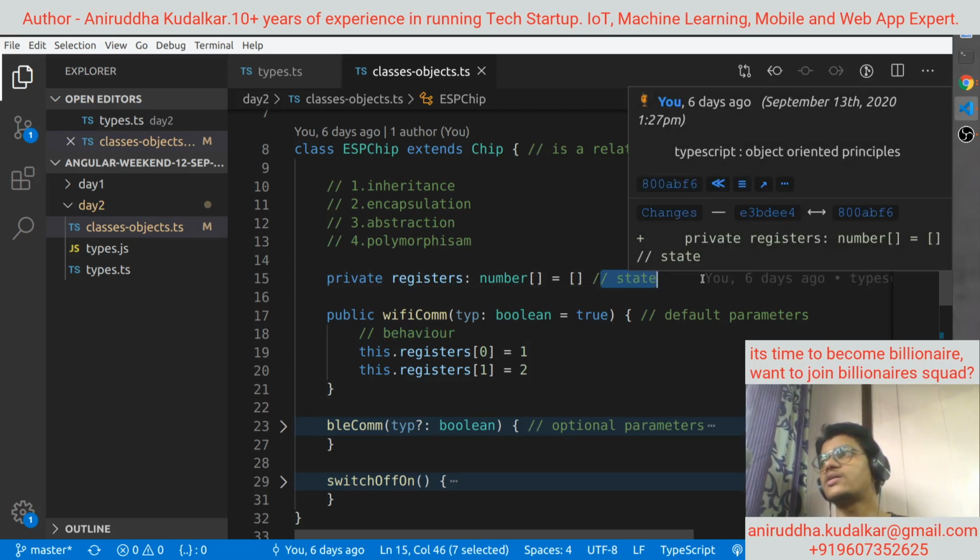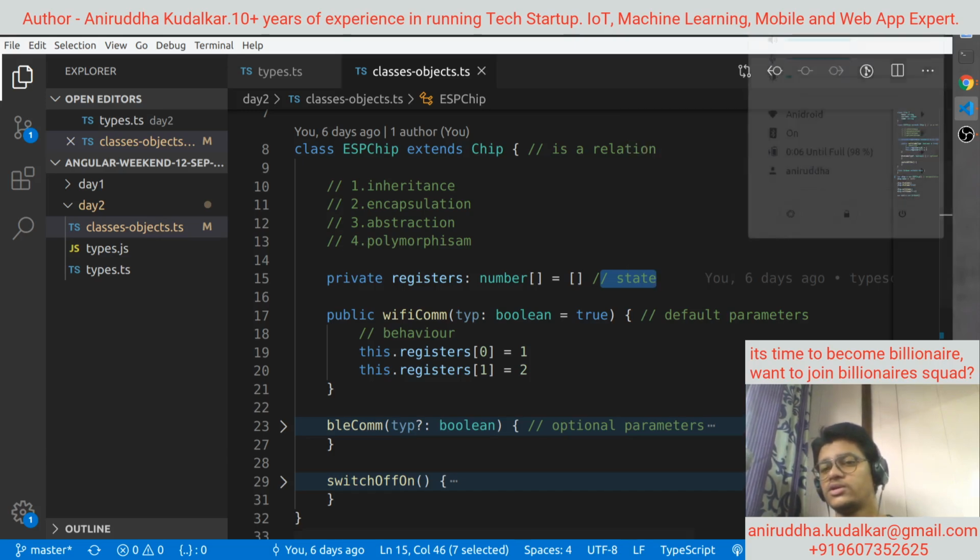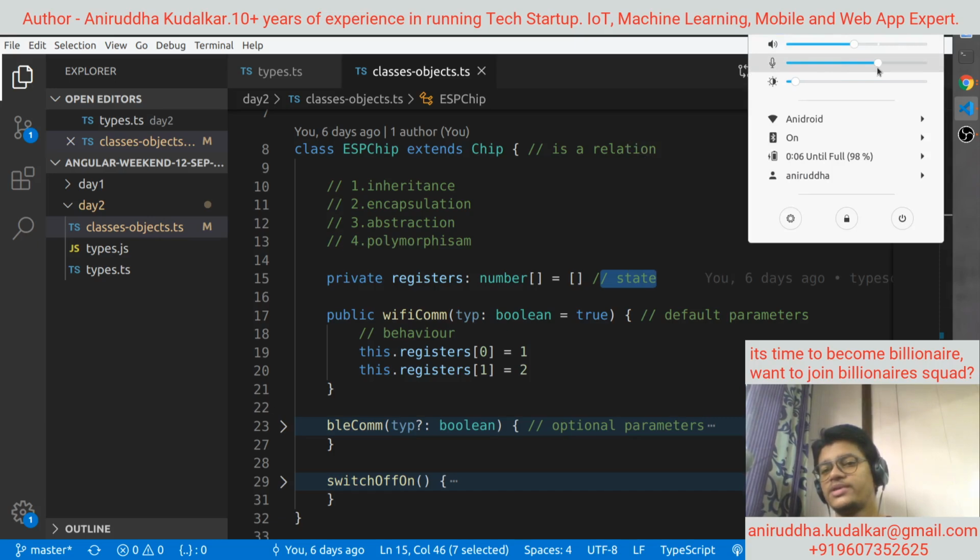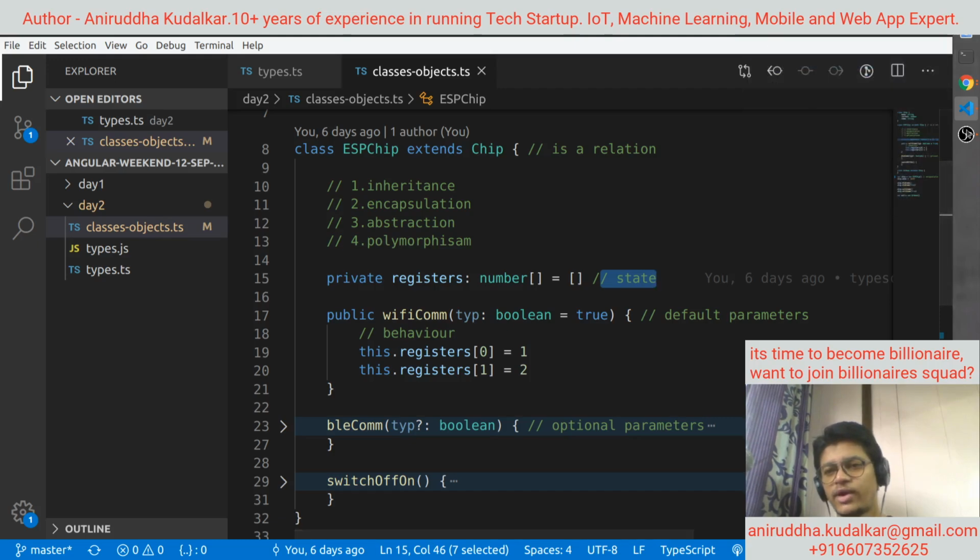So if you have a car class, how many states would it have? That depends on the business logic or business requirement. Your customer is saying something, and it completely depends on that: what the car class would contain, how many behaviors it would have, how many states it would have. That is completely dependent on your business requirement. Remember that.